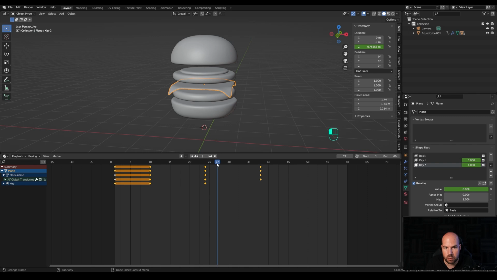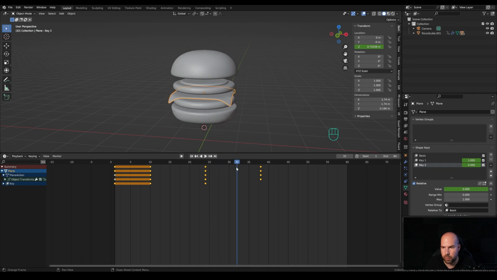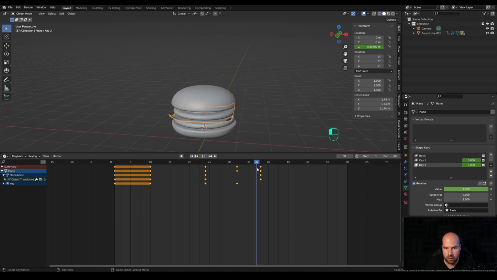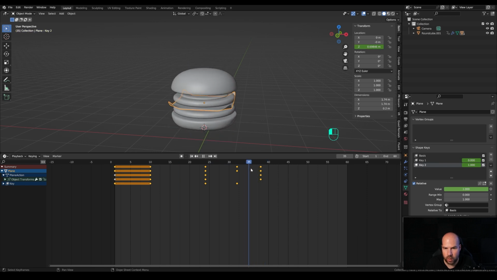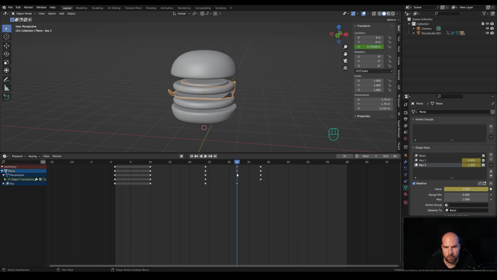So the moment it goes down, it should start coming up. So let's move somewhere here and let's modify this to 0, press I to insert keyframe, and let's modify this to 1 and insert keyframe. So it will do something like this and fly down, and then when it hits the ground, it should collapse a little bit. So let's select this one, press Shift D, move it here,